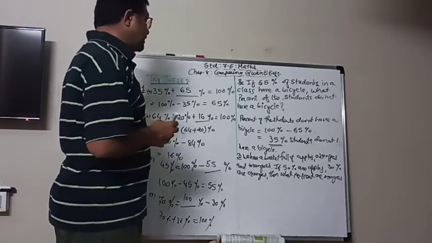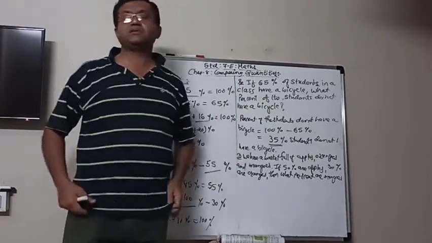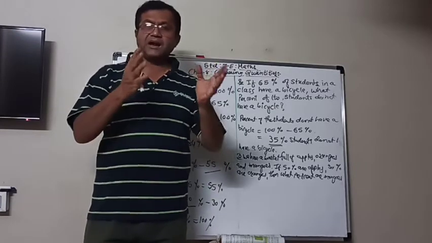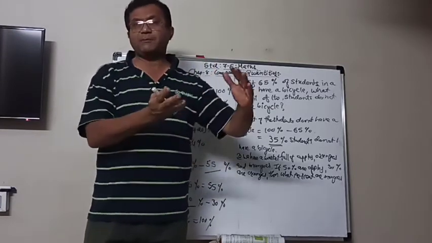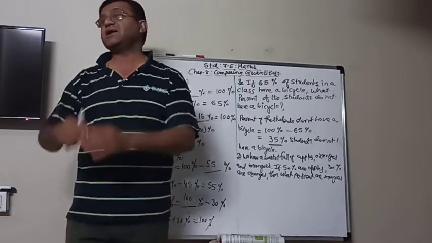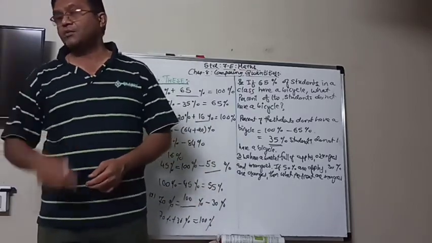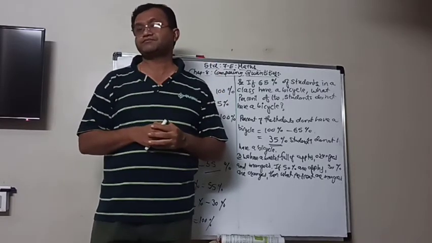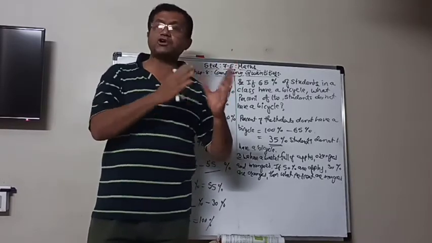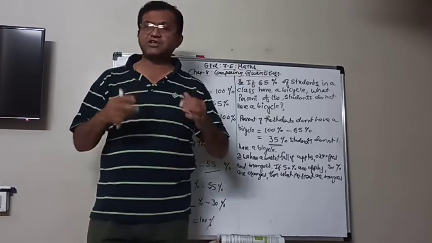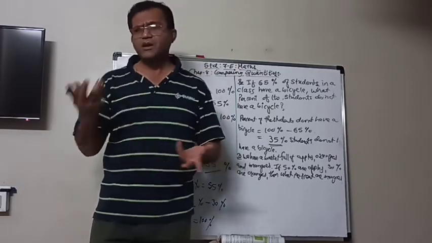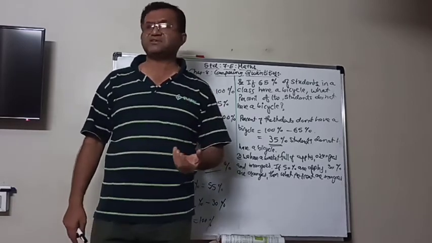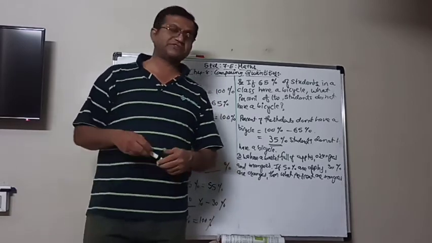So here also there are three parts. The total number of fruits is in the three parts: apples, oranges and mangoes. Now out of that, the percentages of two parts are given, and the total percentage of all three parts must be 100. It means that we have to subtract the sum of these two parts from the 100%.